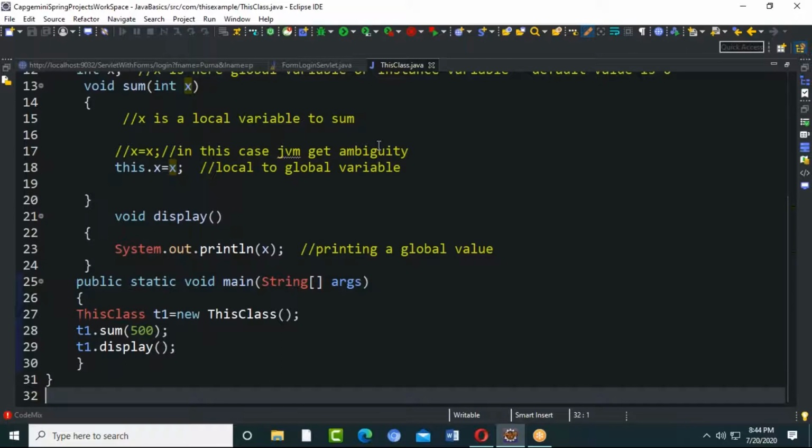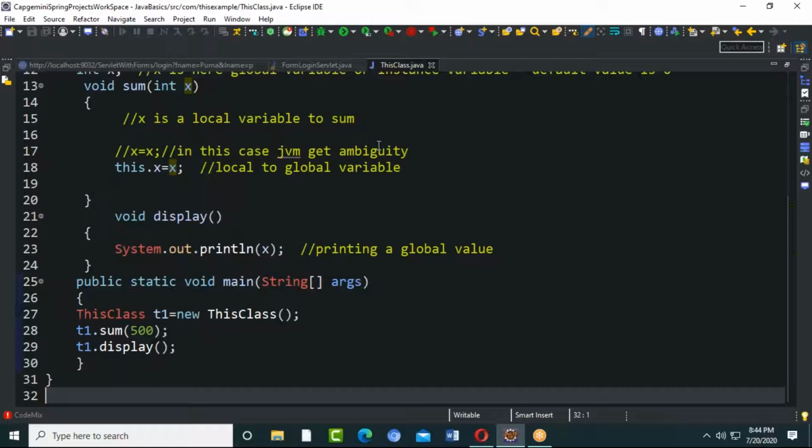Why should we use the same names? Why can't we give different ones? When you are working in a project, there are multiple parameters you'll be working with. So in that case, student number, student name, if I use some other parameter instead of student name, it doesn't make sense. So we don't want to alter the parameter names when passing them to the constructor.